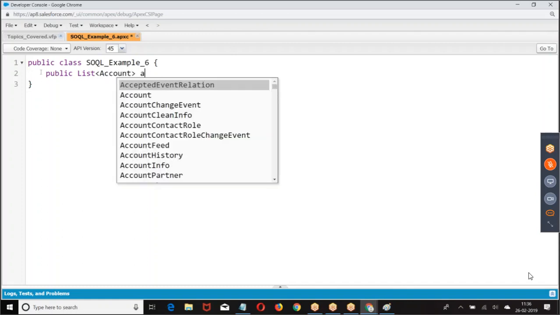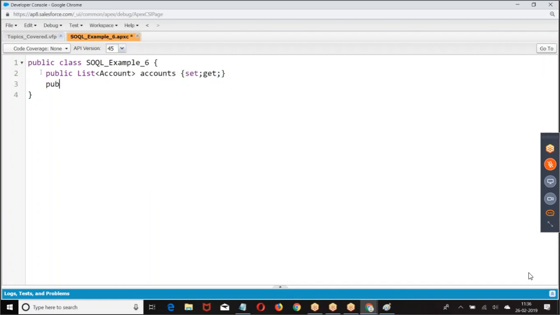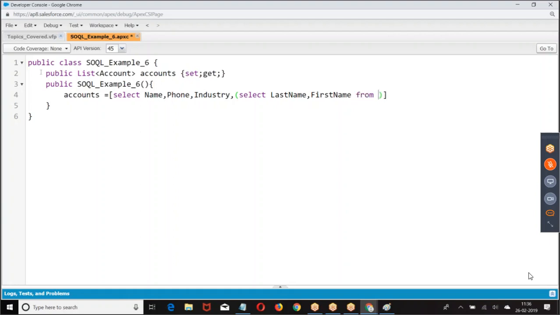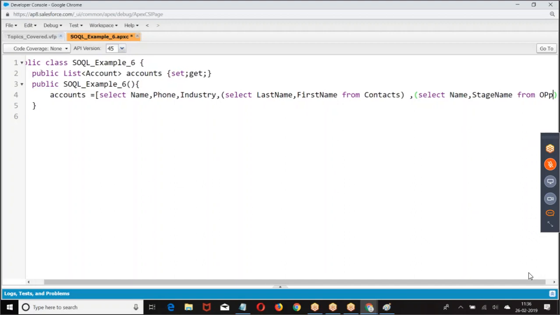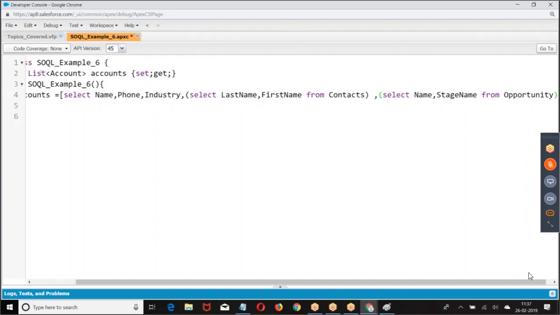Now we have, look at this example. Name, phone, industry. Opportunities.